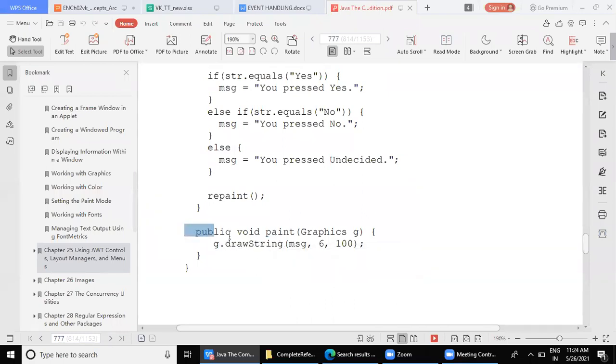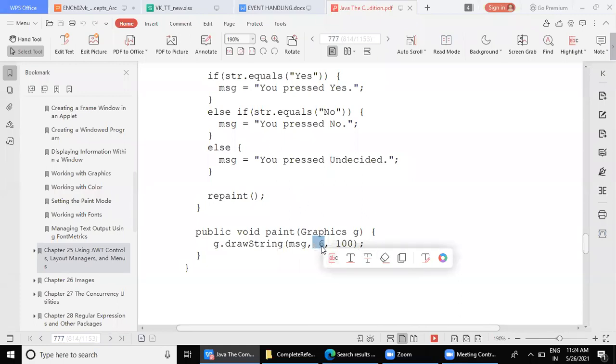I don't have to explain this because I have already done it in the last semester. What is Graphics, what is G, we have already seen. There is a method of the Graphics class called drawString, which displays a text message on the screen. It has 3 parameters. One is the message to be displayed. The second and third are the X and Y values.